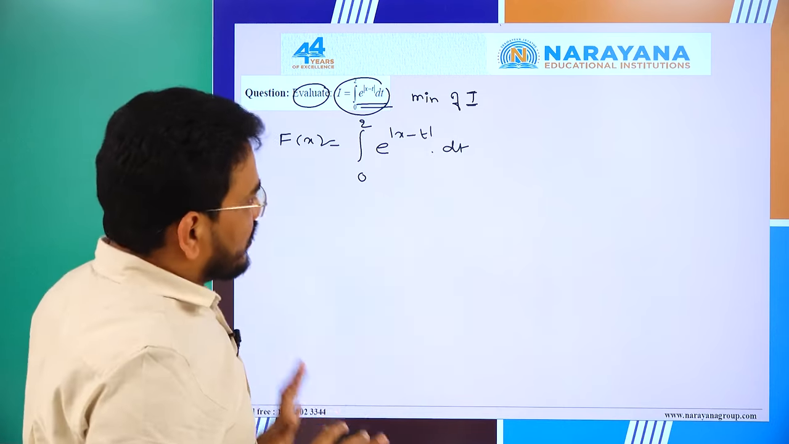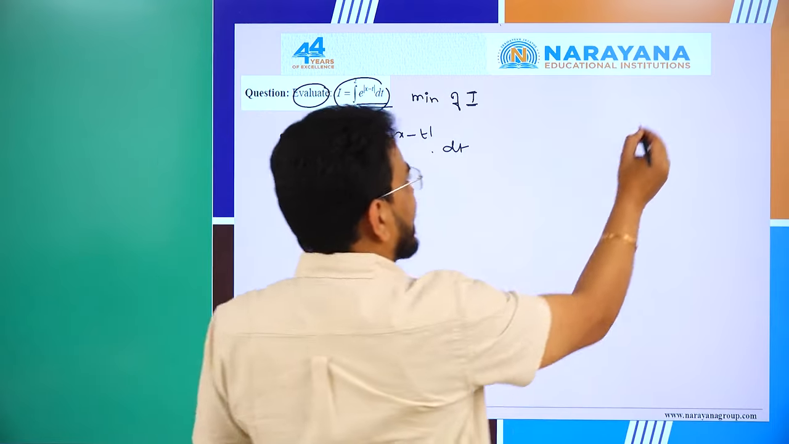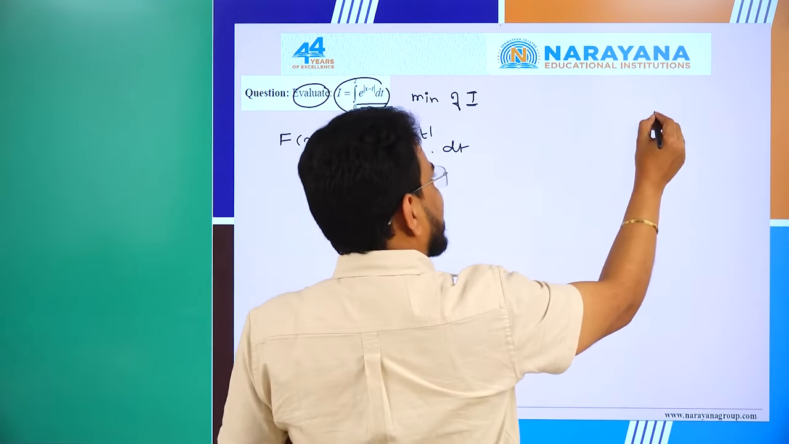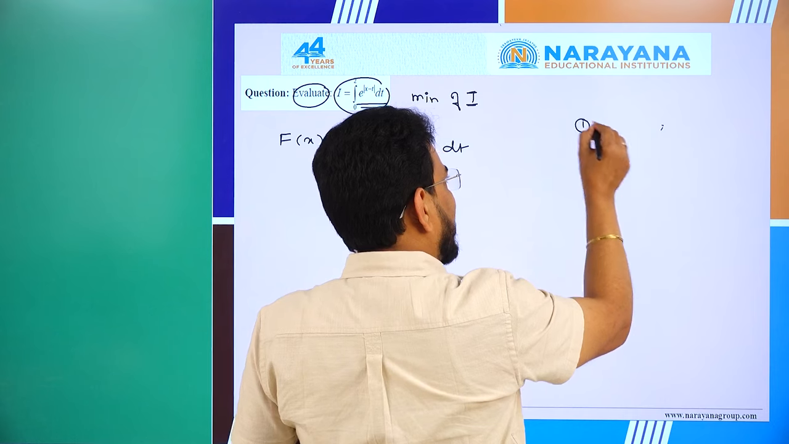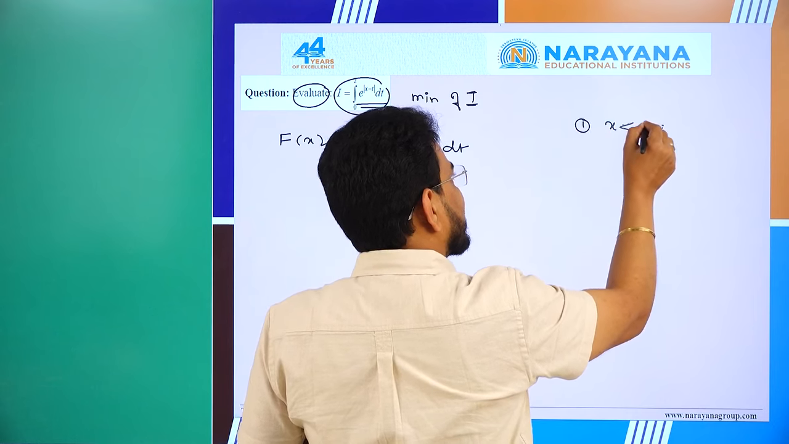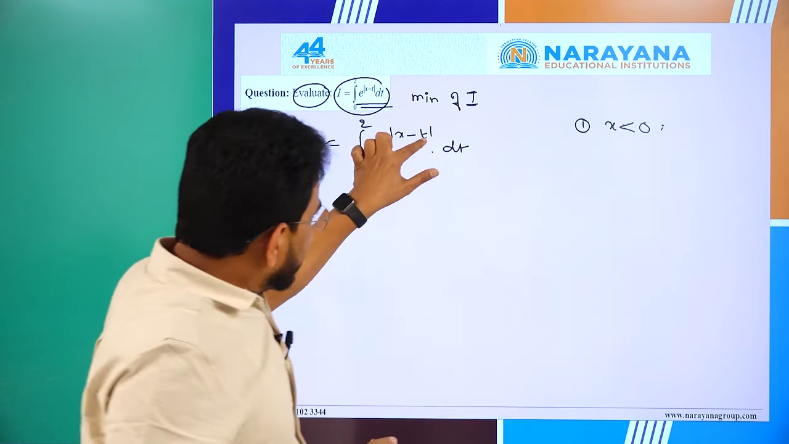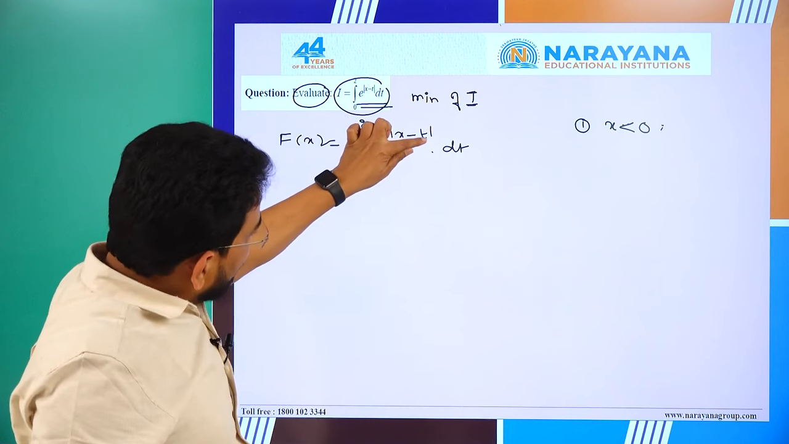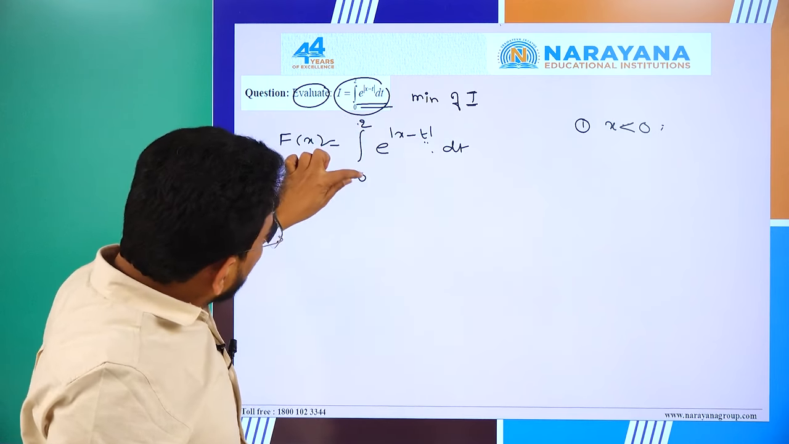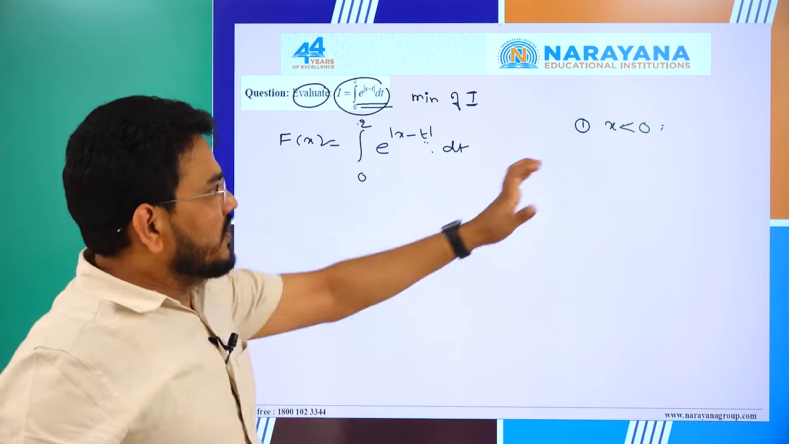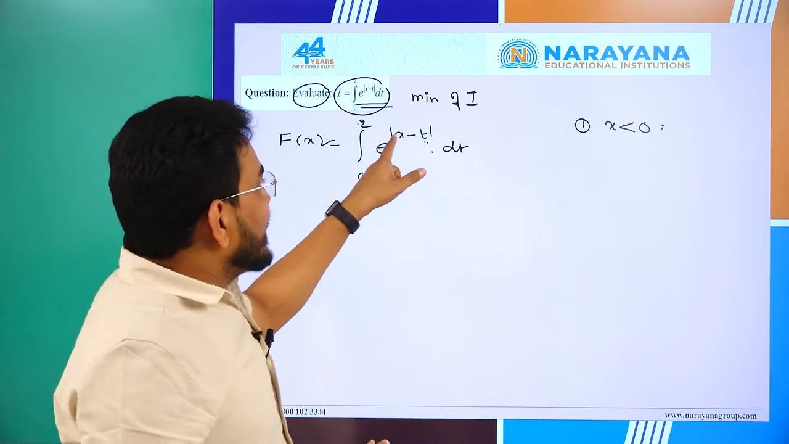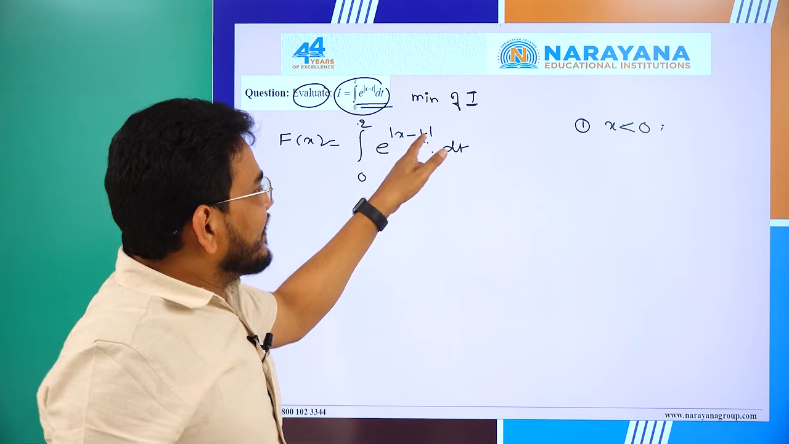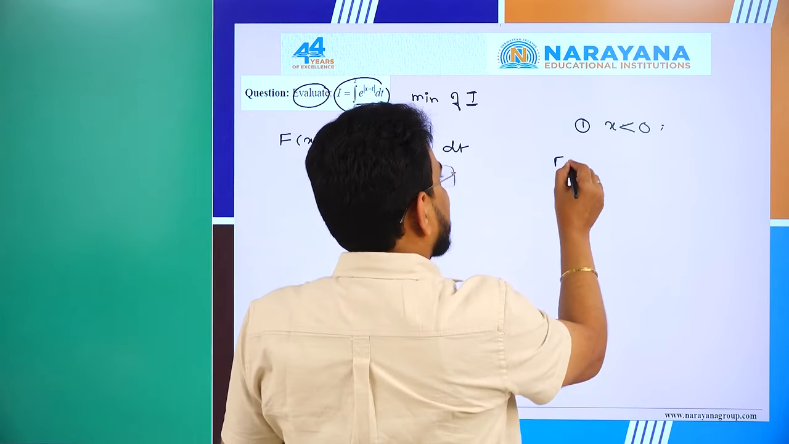So here three cases are there. What is that? Modulus of x minus t is there. So case number 1 is x is less than 0, because t is the variable lying between 0 to 2. So if x is less than 0, then this value f of x will